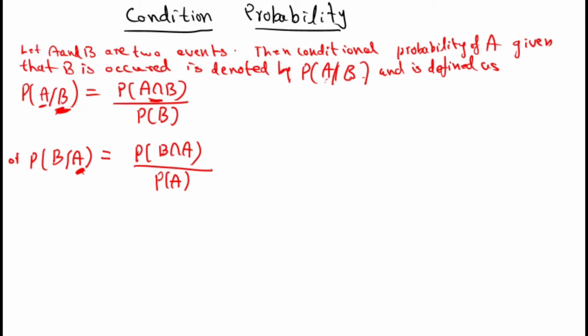How to identify conditional probability problems? Very simple. One experiment will be given, and they may ask to find the probability of one event given that something. In a conditional probability problem, they will use the words given that. That means that event has already occurred. That time, according to the question, you need to apply the formula. Remember, probability of A by B is equal to probability of A intersection B divided by probability of B, and probability of B by A is equal to probability of B intersection A divided by probability of A.